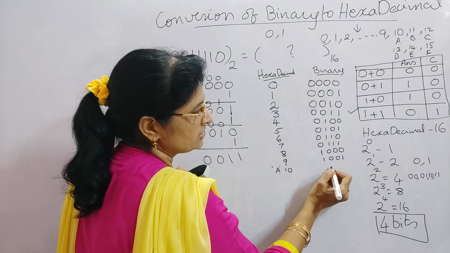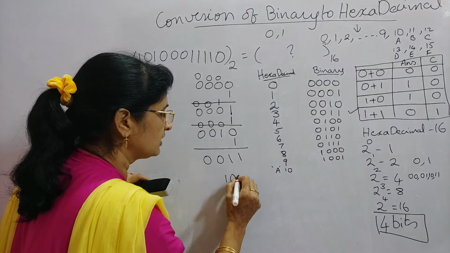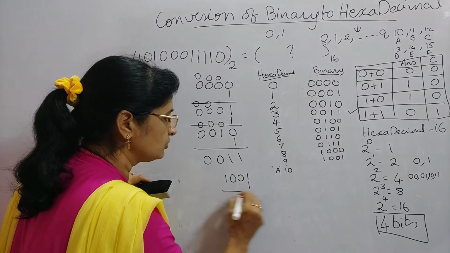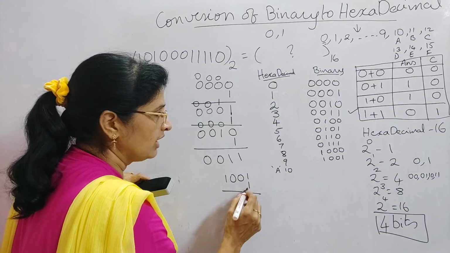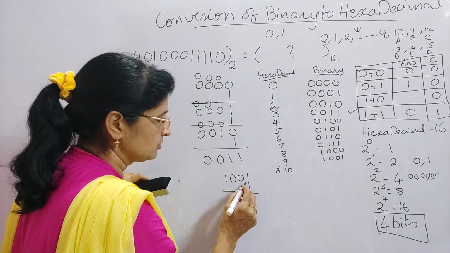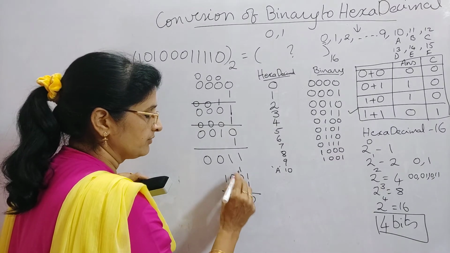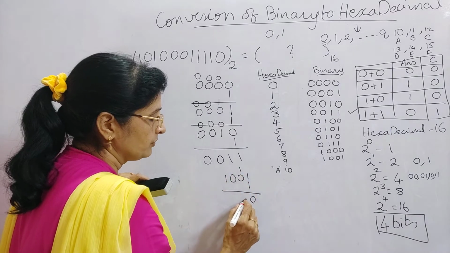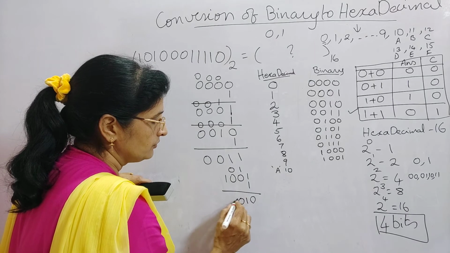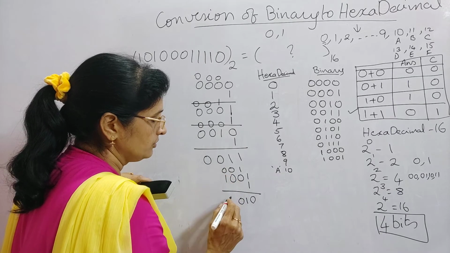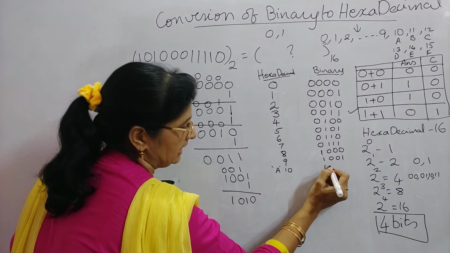So for 10 also the procedure continues the same. For example, I will also show it for 10. For 9 it is 1, 0, 0, 1. You add 1 to this one, because this is the code for 9, and if you add 1, you will get 10. 10 is for A. So 1 plus 1, the answer is 0 and carry is 1. So again 1 plus 0, it is 1. 0 plus 0, it is 0 and here also 0. And 0 plus 1 it is 1. So now you got the value for 10.